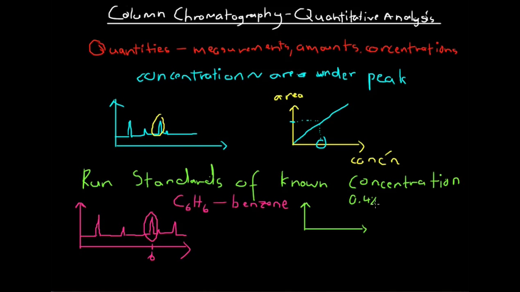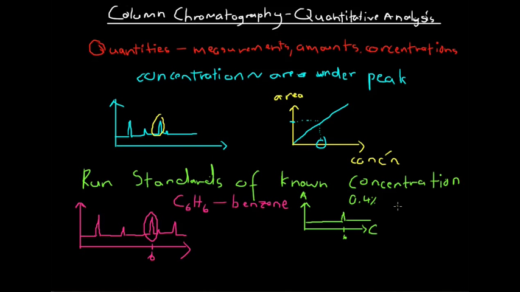Now, obviously, there's lots of different ways to express concentration. We can have percentage concentration or percentage by mass or molar concentration or all those sorts of things. However, it's important to be aware that no matter what sort of unit of concentration we use, this graph will still be linear. It'll simply be its gradient that will change as we change the unit of concentration. So we've produced our chromatogram. We come up with a height like there at a retention time of 6 minutes. And so let's say that this peak, at a retention time of 6 minutes, from a 0.4% sample, has a height